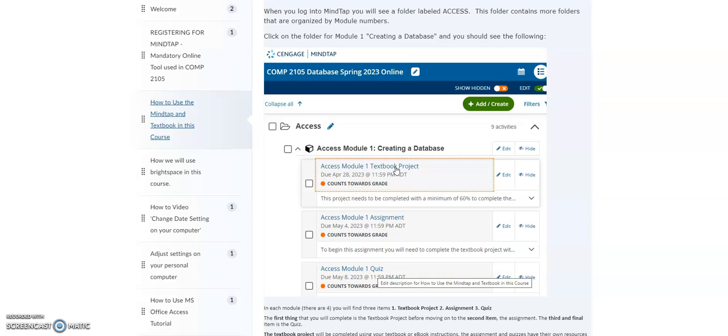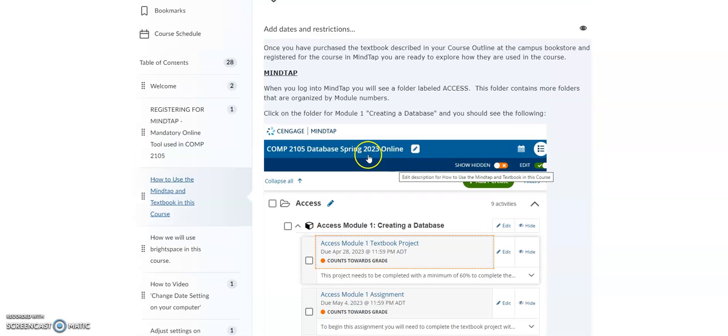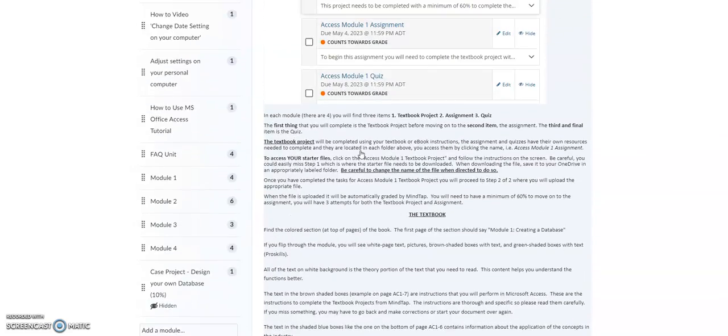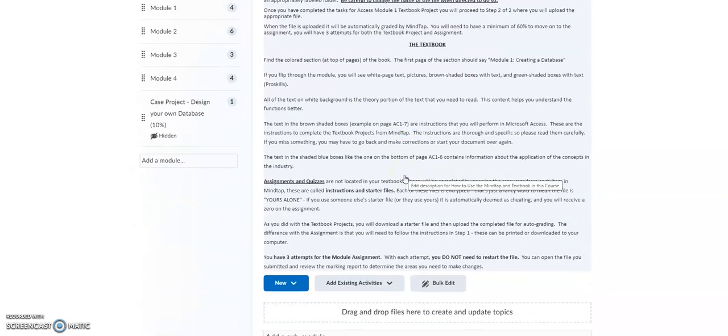So it's important, as number one, that you are reviewing your modules before jumping in and getting started. It's really important to read through the content within that. I'm just going to scroll down. I have a bunch of information here, but I'm going to try and take you through each of it step by step. So just talking about the textbook itself, if you open up your textbook to the maroon section of that textbook, which is the Microsoft Access section,